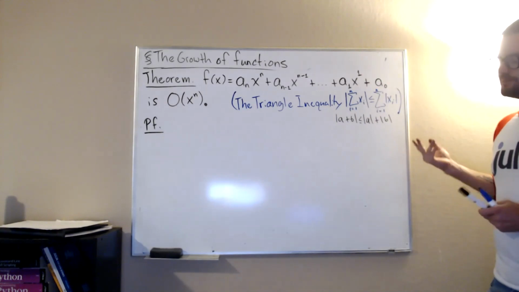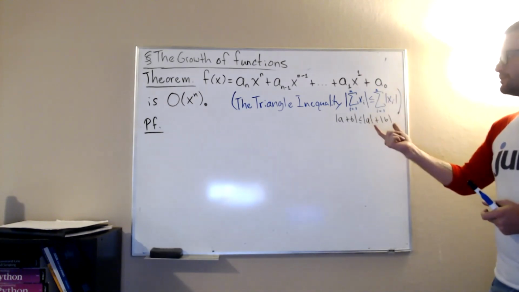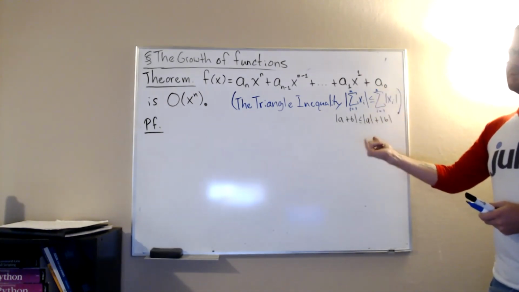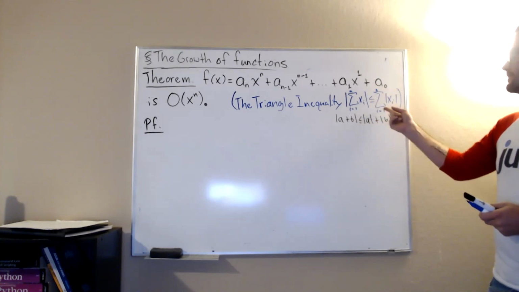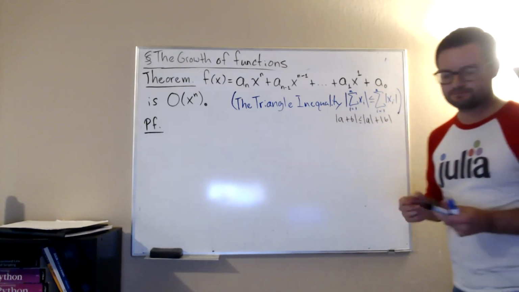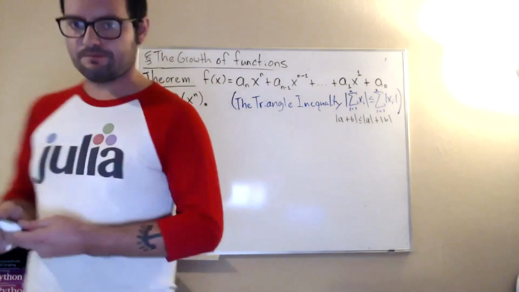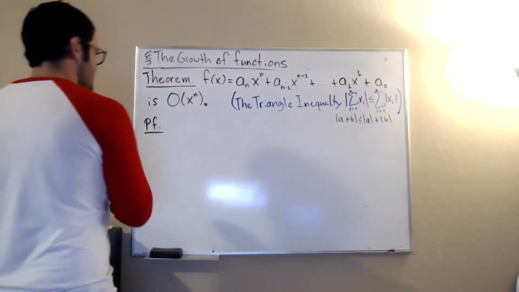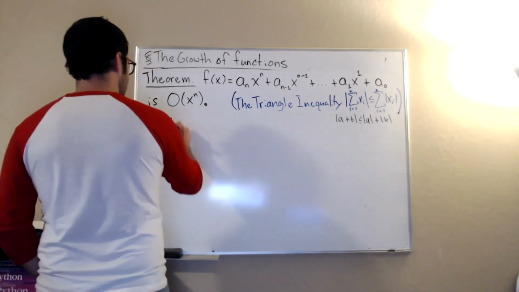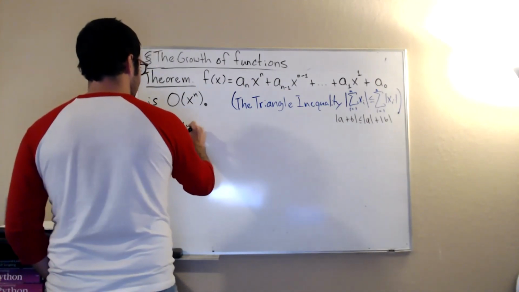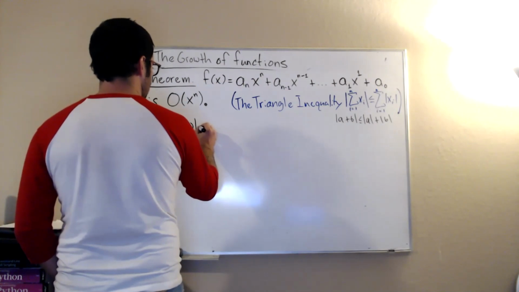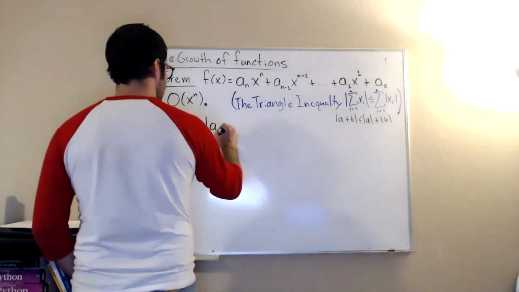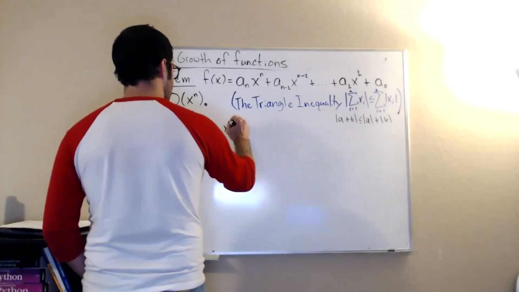So just remember that the triangle inequality says the absolute value of the sum is at most the sum of the absolute values. Okay, with that, we can prove this theorem. So if we just look at the absolute value of this,